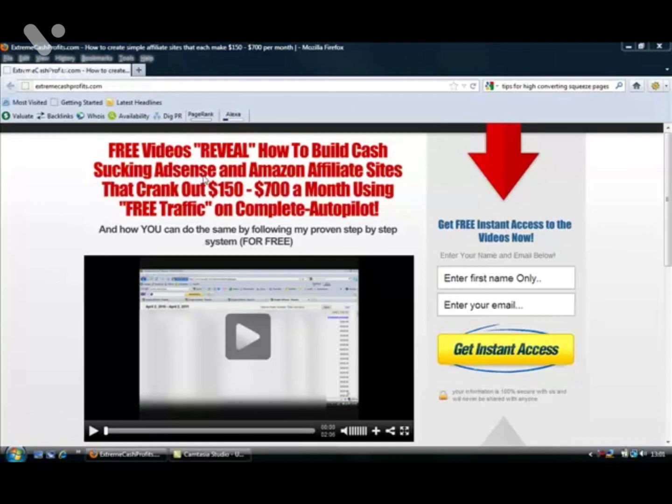So the first tip is to use power words in your headlines. This is imperative that you do this, because without power words your headline won't look very exciting and it's not going to pull people in, and people aren't going to want to stay. It's just a fact. Okay, headlines need to pull people in,